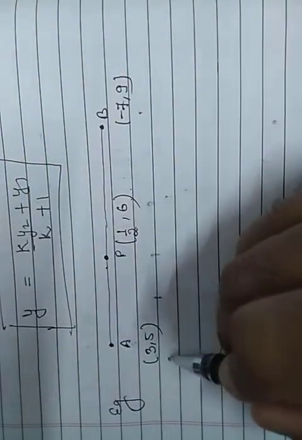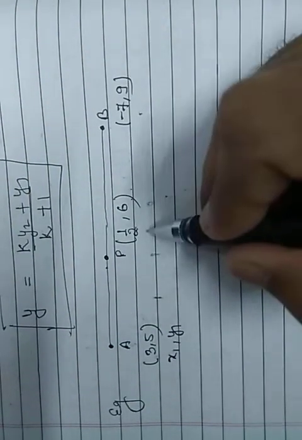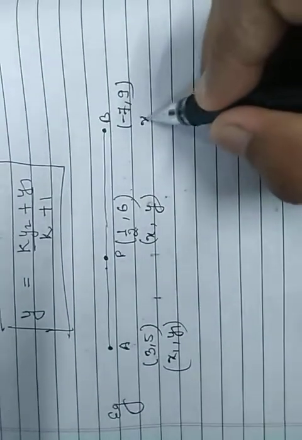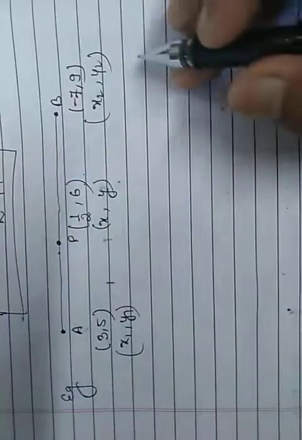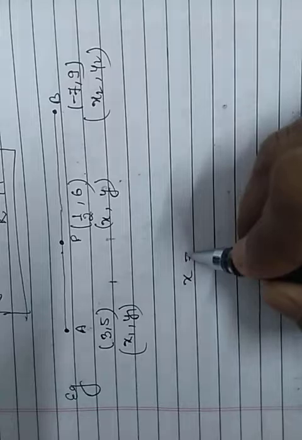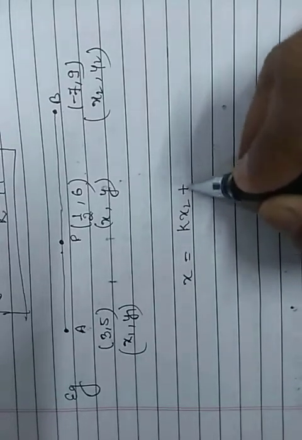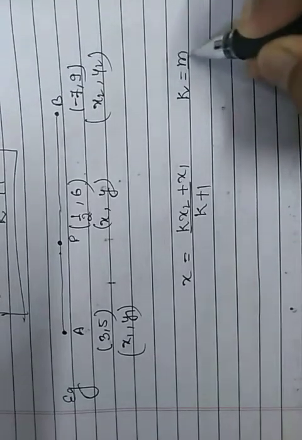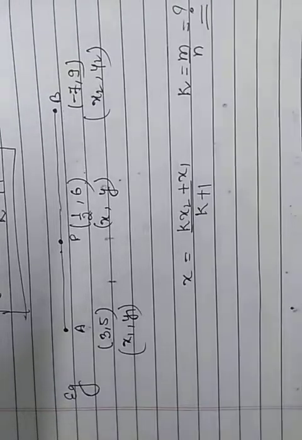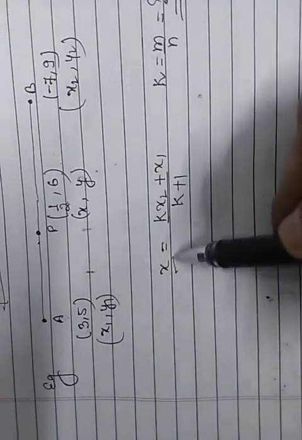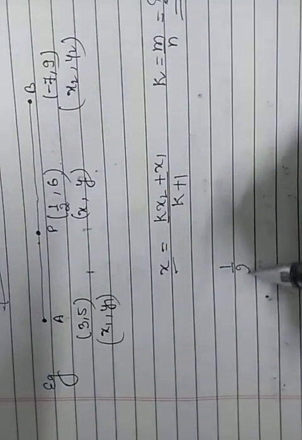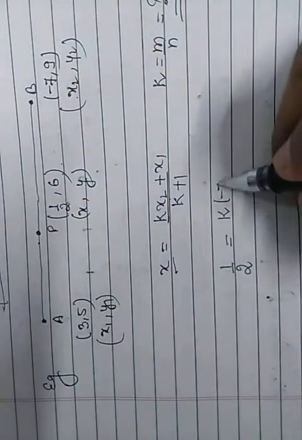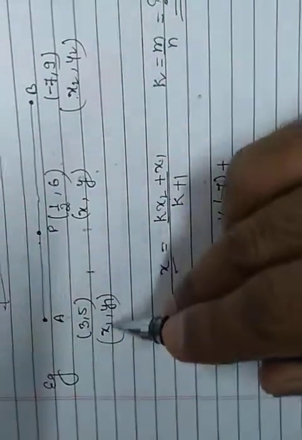Okay, so this is x1, this is y1, this is x, this is y, and this is x2 and this is y2. We will use the formula that x is equal to (k x2 plus x1) upon (k plus 1), where k is equal to m upon n, and we have to find the same value. Now x is equal to 1 by 2. K we have to calculate. X2 is minus 7 and x1 is 3